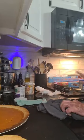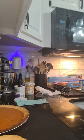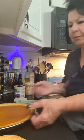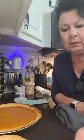How are you, honey? I just got through making two pumpkin pies. One of them is a gift for someone, and then one of them we're going to have for our Thanksgiving dinner. These pumpkin pies you can make ahead of time,